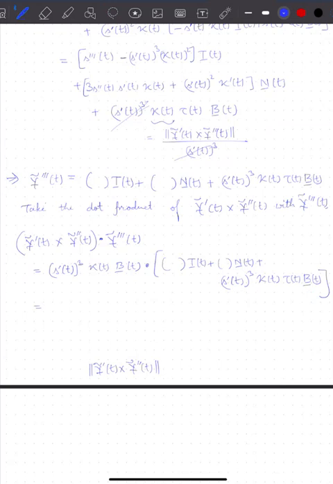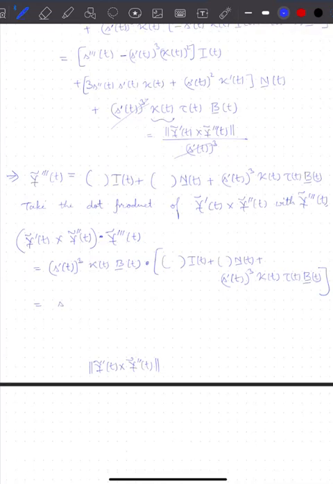Now b dot t is 0, b dot n is going to be 0, and b dot b is equal to 1. So this gives us s prime of t cubed into, and then cubed again, so we have kappa squared of t, and b dot b is 1, and then tau of t. So we're able to get such a simple expression, and so this implies that tau of t